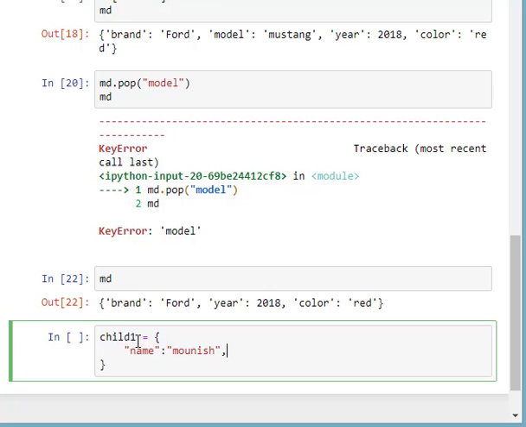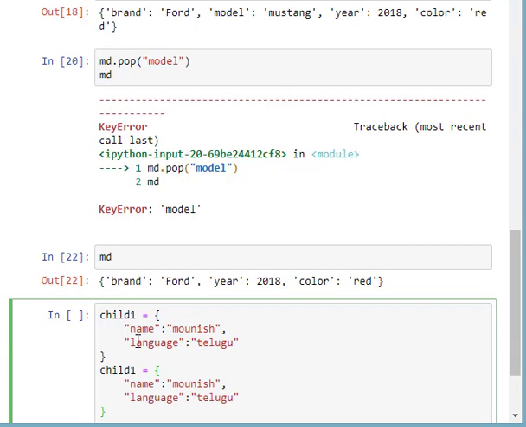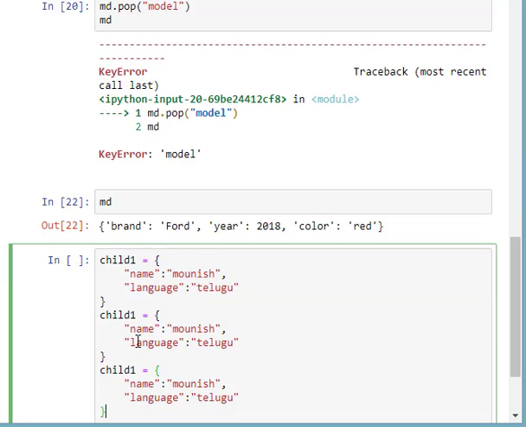Okay, I'm giving a comma and the next key will be language, and let's say my mother tongue is Telugu. I'll just copy this data so that I don't type it again and again. This is okay.